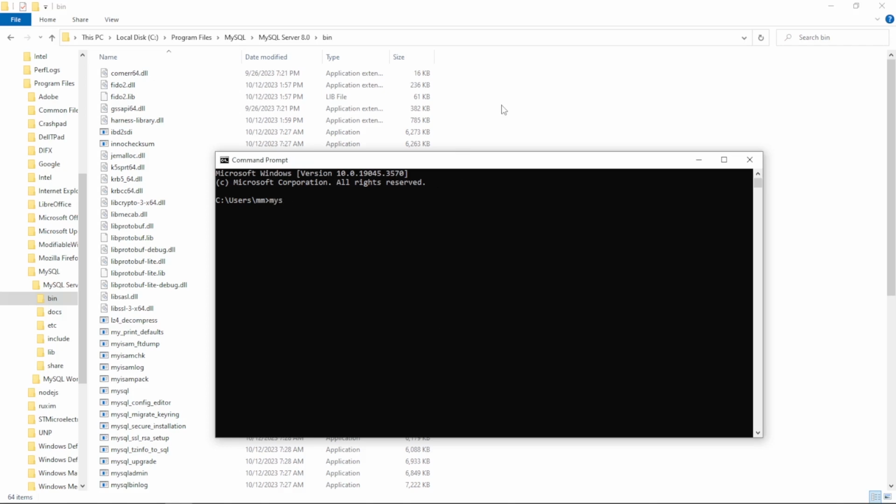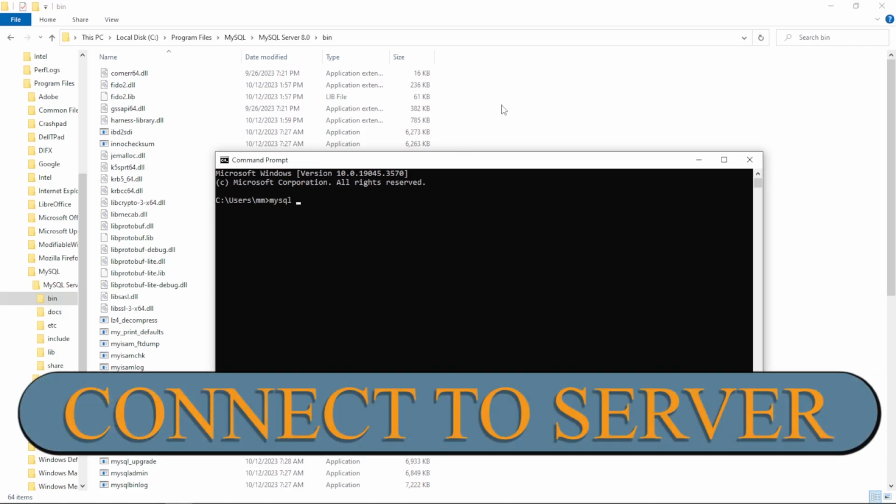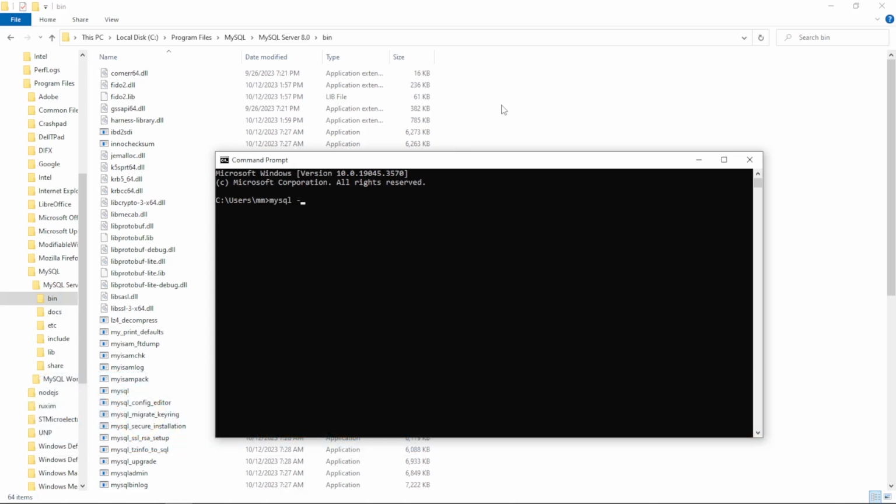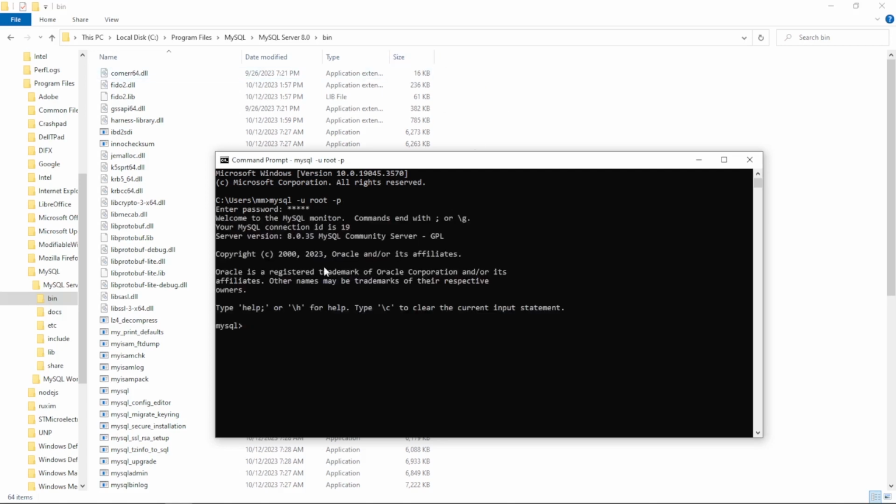That's MySQL, and to connect to the server you will need -u followed by the user. In our case this is root, followed by -p for password. Hit enter and put your password here, and that says welcome to the MySQL. And if you want to check, you can